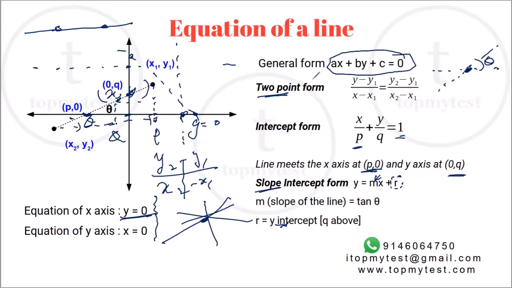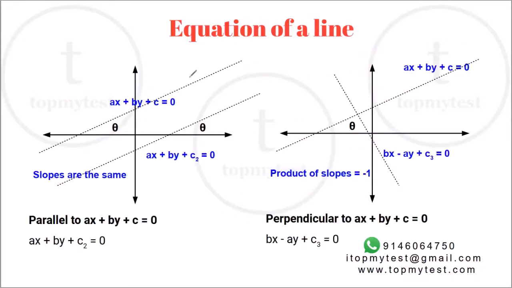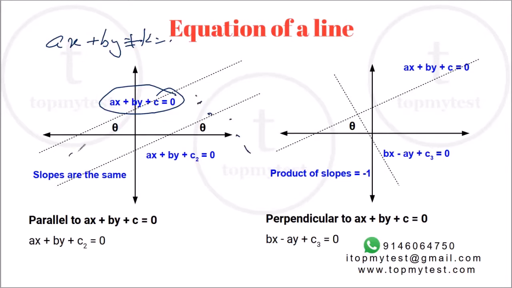Now, if you continue with this, once you know a line, you can draw a line which is parallel to these lines or perpendicular to these lines. Any line which is parallel to a given line will have the same slope as the original line. So if this is your reference line, ax plus by plus c is equal to 0, any line which is parallel to this will be of the form ax plus by plus k is equal to 0. Now the value of k has to be found out depending on if it passes through a particular point. If I give you another reference point, you can put the values of x and y here and find the value of k. But the coefficients of x and the coefficients of y will not change.